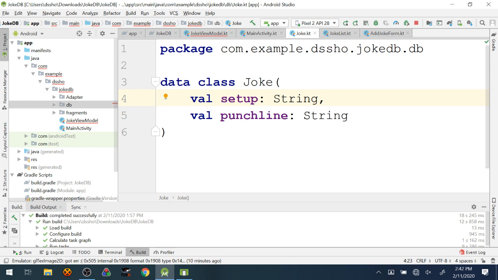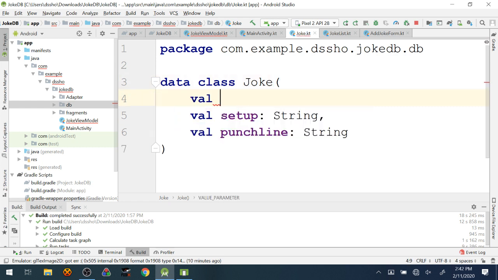So in order to help us uniquely identify a joke, it may be worth our while to include a third value here, which is just going to be an ID. It's just going to be a number, right? I'm just going to number every single joke so that I have a unique value assigned to each one. Is this strictly necessary? Actually, it's not, but it's a pretty common thing to do. It's something that I would expect you to see relatively commonly when working with a database. And so here's our data class, right? This is our data class.